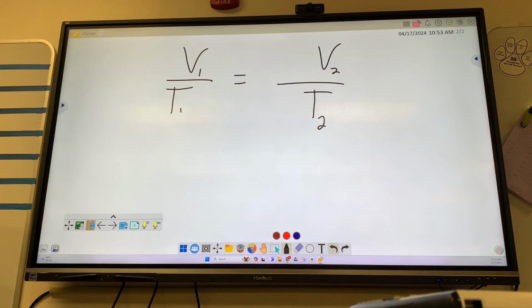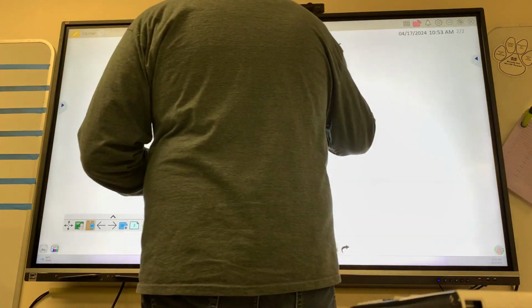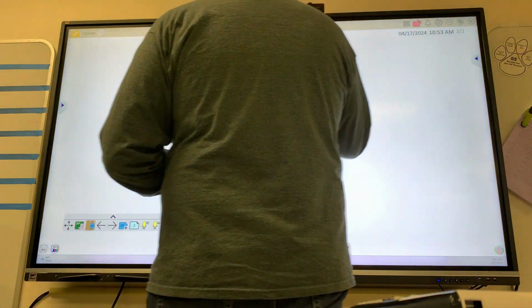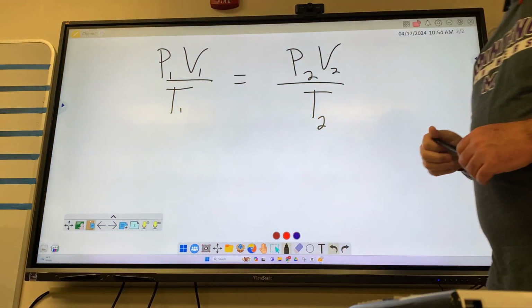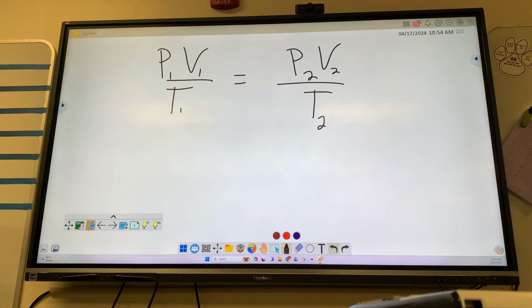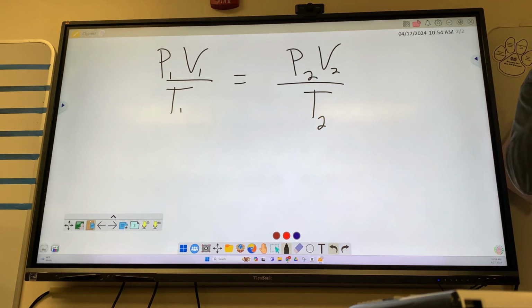Just wait till tomorrow. I'm going to undo this and put this back in. Tomorrow, when we talk about one more of the combined laws, guess what we're going to hold constant? Volume. Guess what the resulting equation will be? P divided by T equals P divided by T. So that's your preview for tomorrow. So, today, homework is